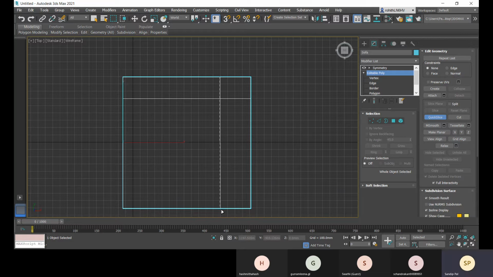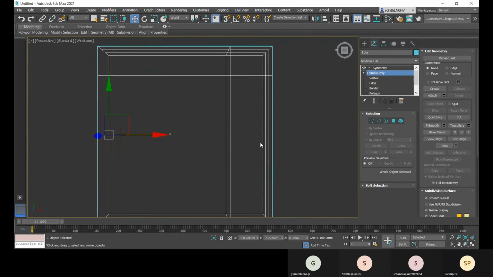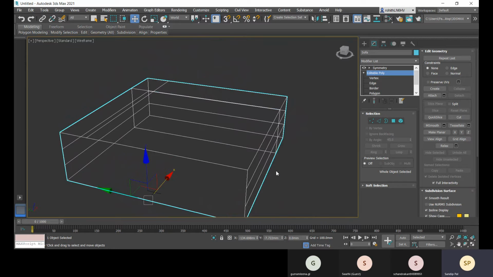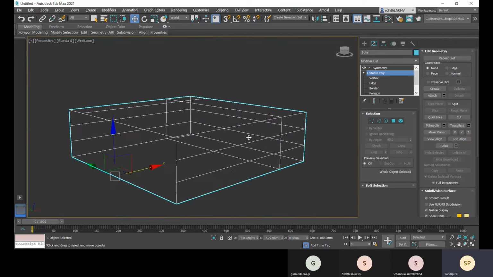You have to make it straight, then click. Then click on this quick slice to exit. Now come back, and here you can see that this has made a slice for this total element.